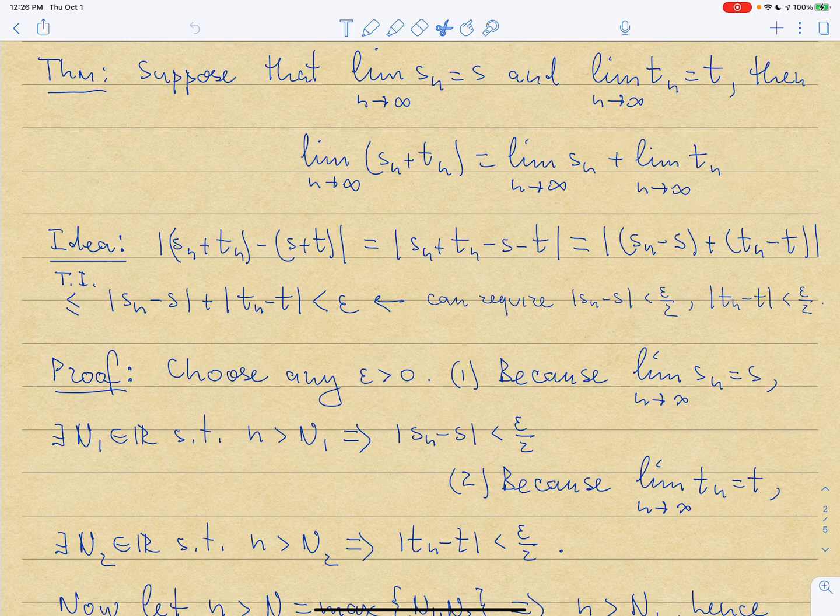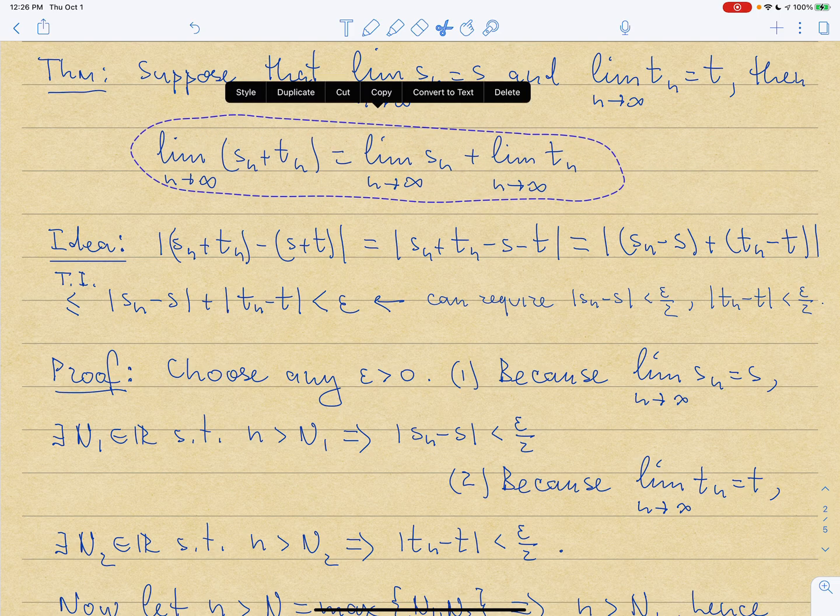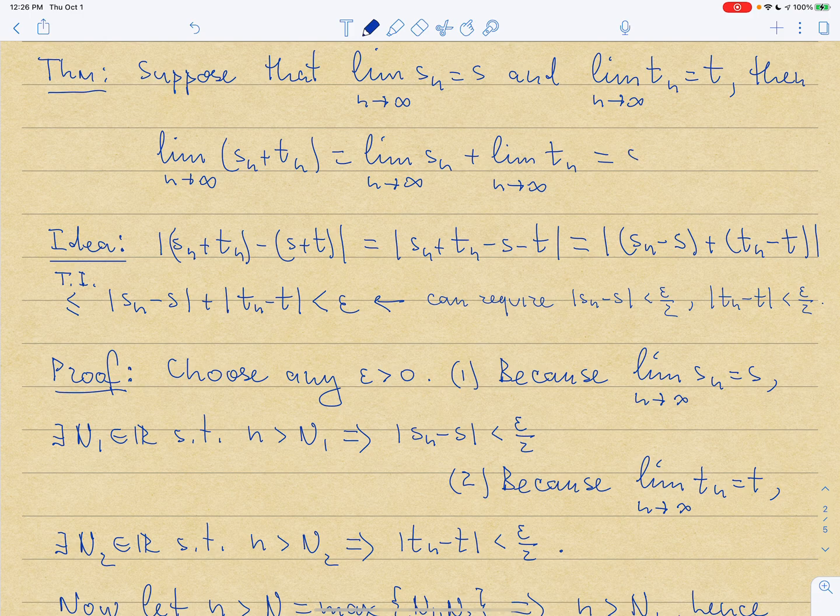All right, so in this case, if I want to prove that the limit of Sn plus Tn is S plus T, actually, let me modify the statement of the theorem a little bit, because limit of Sn is S, and the limit of Tn is T. So limit of Sn plus Tn must be S plus T. Okay, so then I want this quantity to be small when n is sufficiently large. I can open the parentheses, and I can rearrange terms so that I subtract S from Sn and T from Tn,